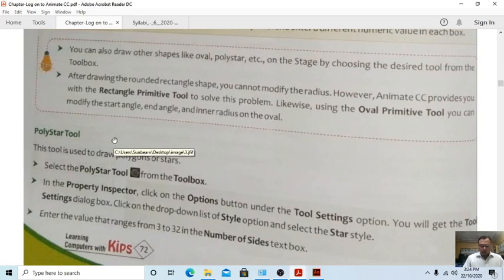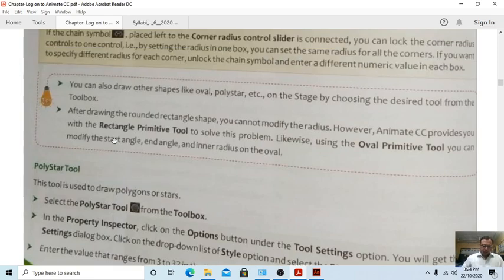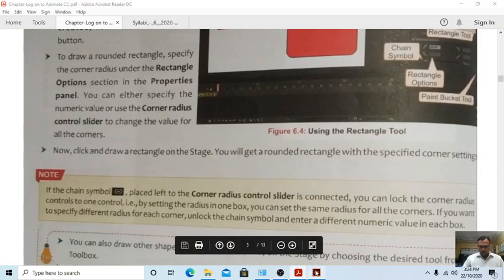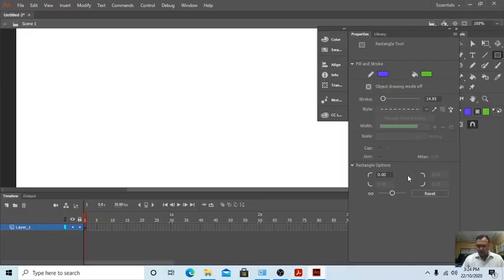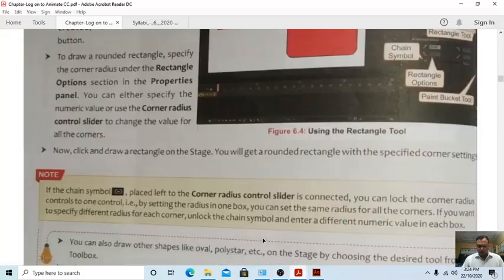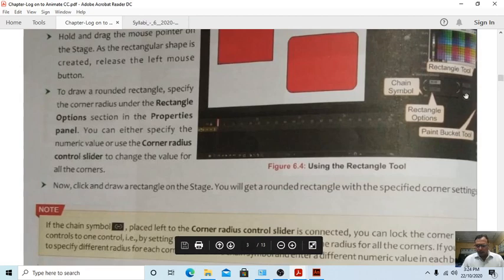Now the PolyStar tool, students. This tool is used to draw polygons or stars. Before it, students, we want to tell you about the chain symbol. You can see this is the chain. We have already used this one, students.